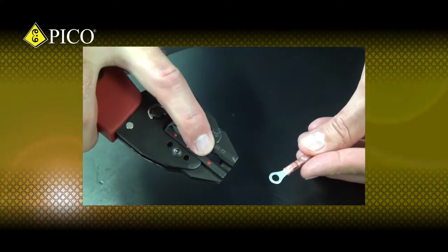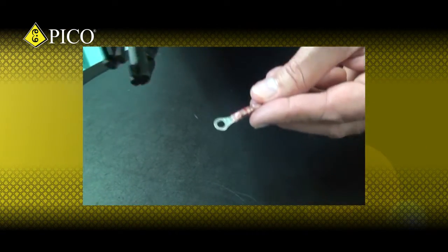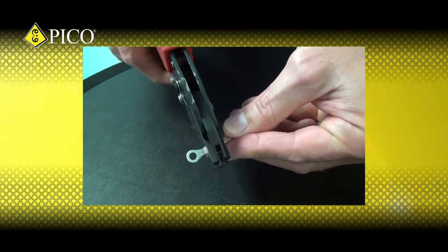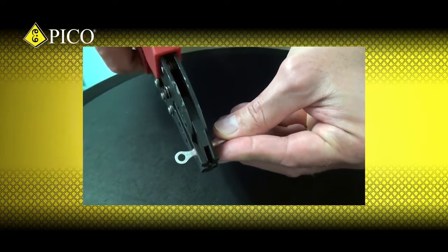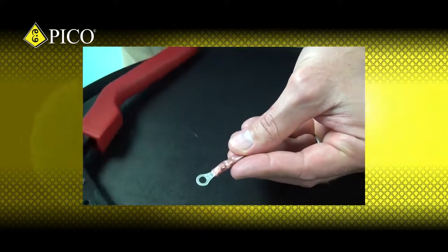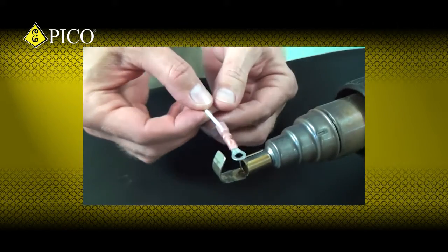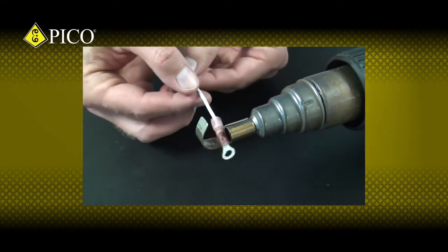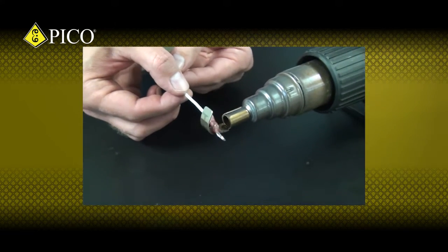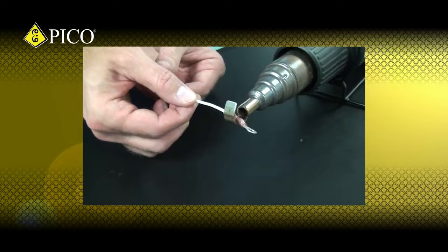Using the red crimp nest of your crimping tool, align the tool with the red band of the terminal and crimp the connector's barrel. When recovering the tubing, start by focusing the heat at the middle of the connector and heat the unrecovered tubing back towards your wire's insulation. You'll want to make sure any air under the tubing is forced out at the end of the tubing